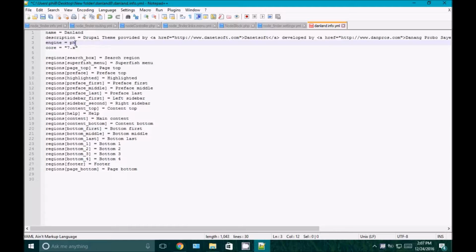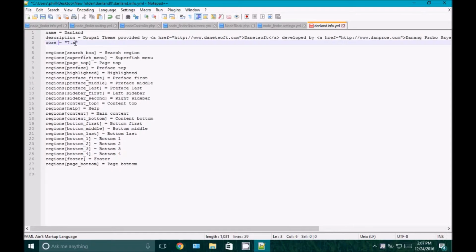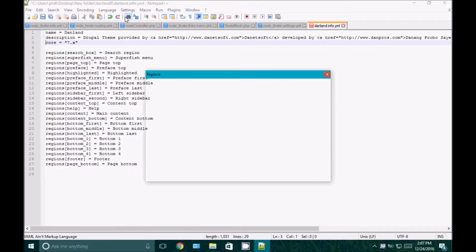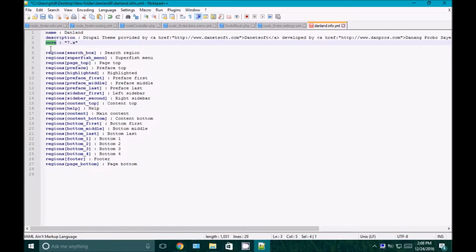Now the engine used in Drupal 8 is a Twig engine, but you don't really have to have this line of code, but you can have it if you want. Now in Drupal 8 also, no equal signs are used. Instead you have the colon. And now you're going to have below that your type,